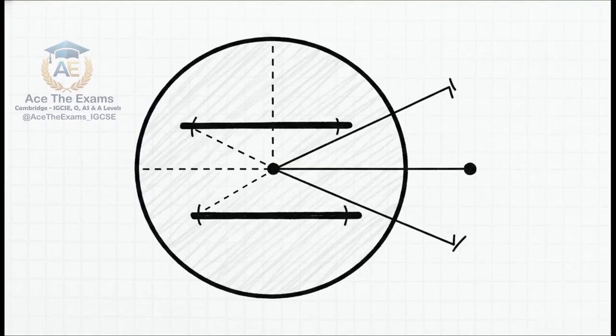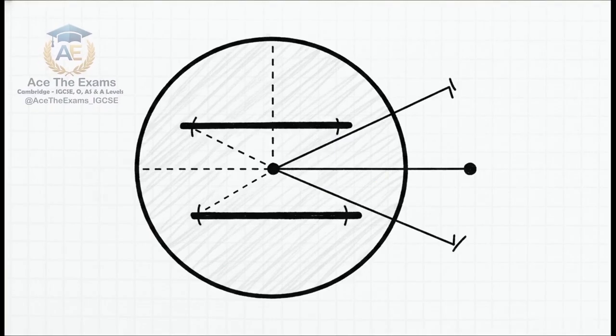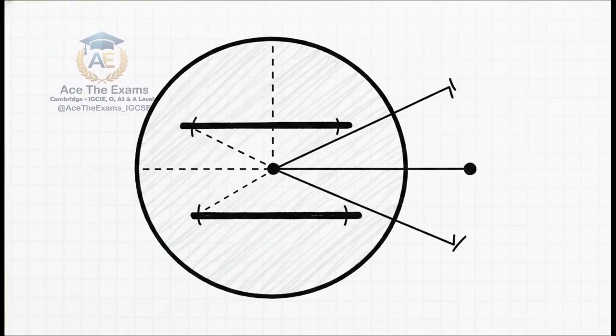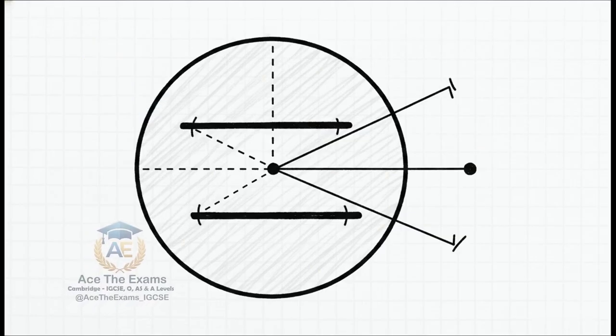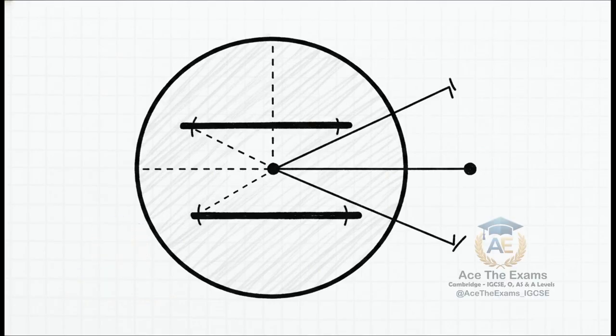Now, what's really interesting about these circle properties is exactly how examiners test them. The syllabus lists 3 very specific rules. First, equal chords are always the exact same distance from the center. Second, if you draw a perpendicular bisector of any chord, it will always pass exactly through the center of the circle. Third, if you draw 2 tangent lines from a single point outside the circle, those 2 lines will be